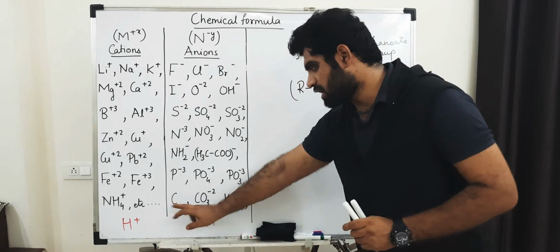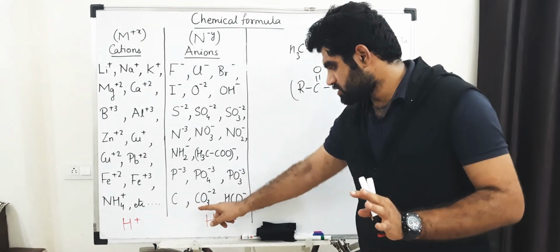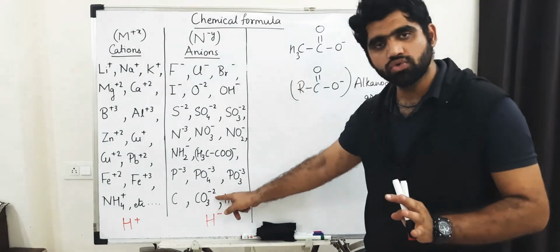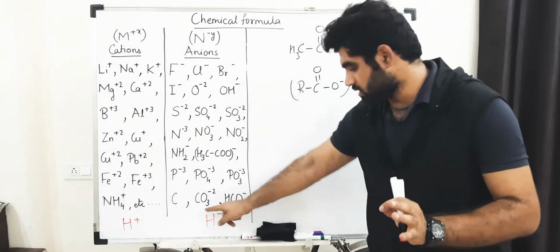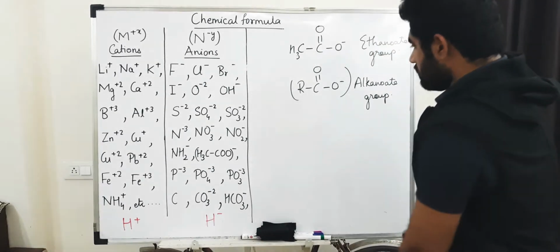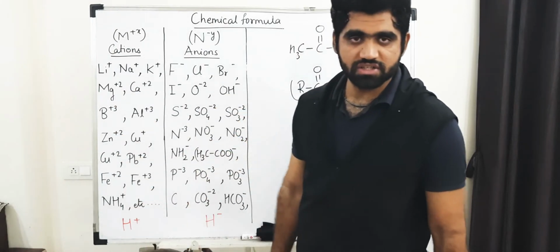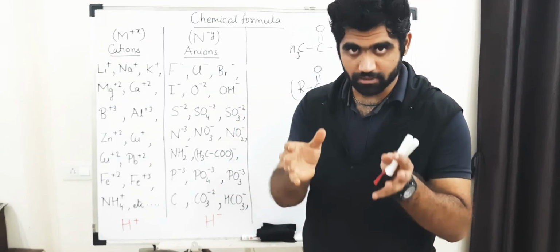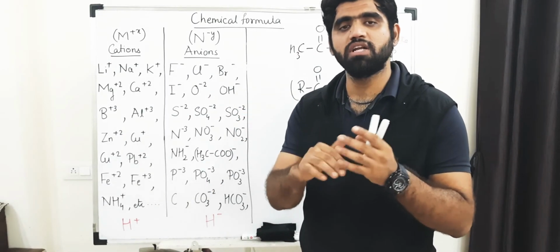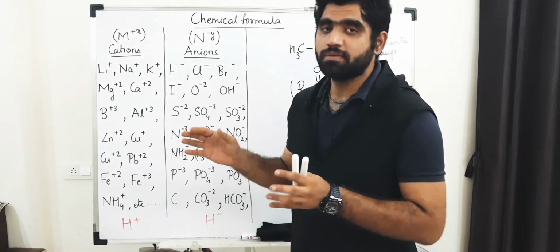Then this is carbide. You can say if there is only carbon present, carbide. CO3 minus 2 will be carbonate, and this is bicarbonate. Okay, fine. Now look here. Here also there are some different oxidation states of a single atom. There are multiple oxidation states here if you observe, only for some of them. Therefore their names also change.